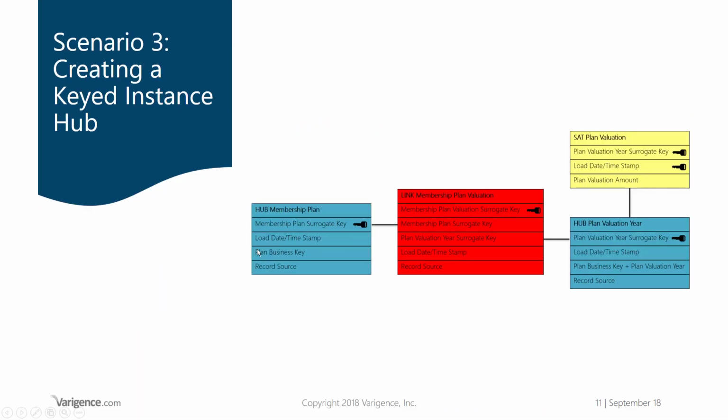Okay, so scenario 3 is where you create a keyed instance hub, where you have a hub and then a link and then a hub, which actually brings the membership plan and the valuation plan here together. This is also sometimes referred to as a weak hub. I'm not sure I like that name, but it is referred to as a keyed instance hub. What you're basically doing is creating a satellite at the same grain as the hub over here, and again you link it through the membership there. So let's go and have a look at what that would look like